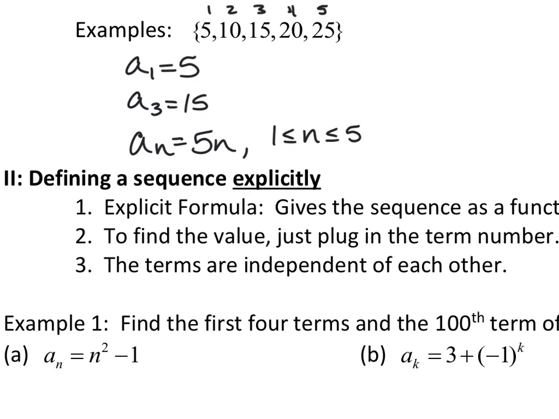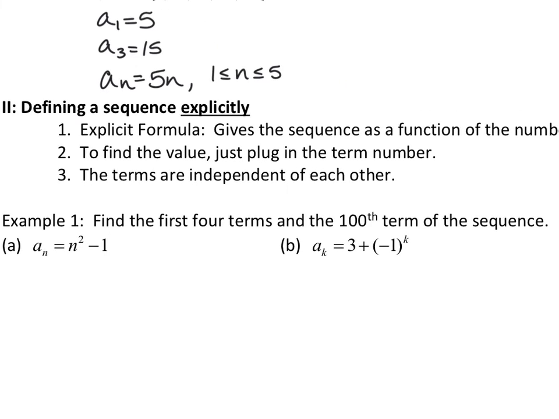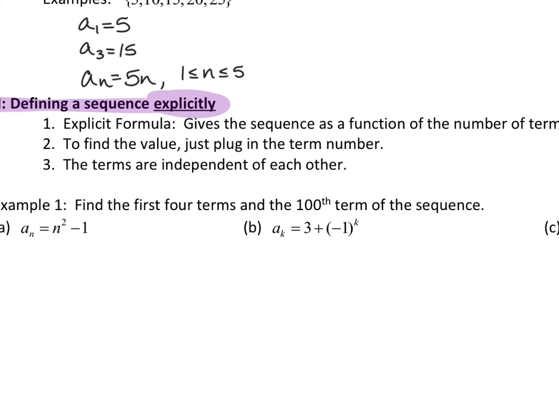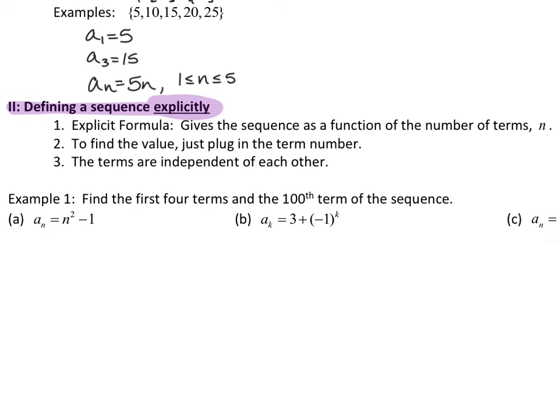So these sequences, while they're very easy to use, have 2 different ways we can define them. The first way we're going to be defining sequences is called explicitly. There's another way called recursively. Explicitly literally looks like a formula. It looks like a regular formula where you would just plug in the term, where the terms are independent of each other. So you don't have to know all the terms in between to be able to figure out the next term